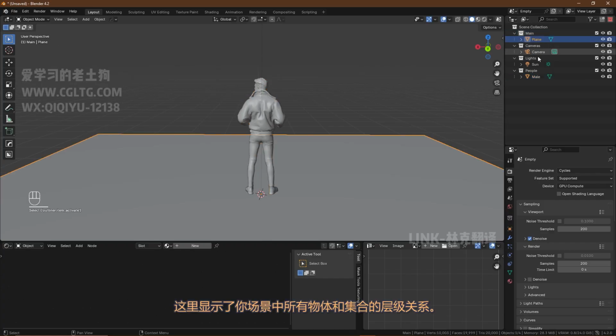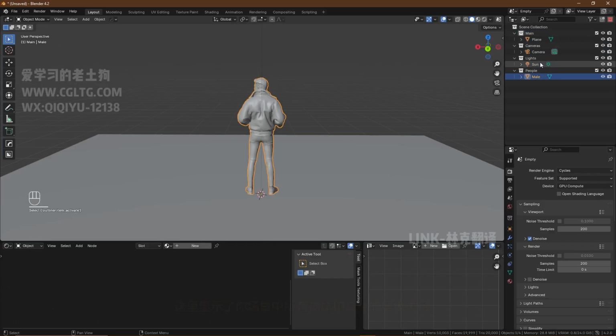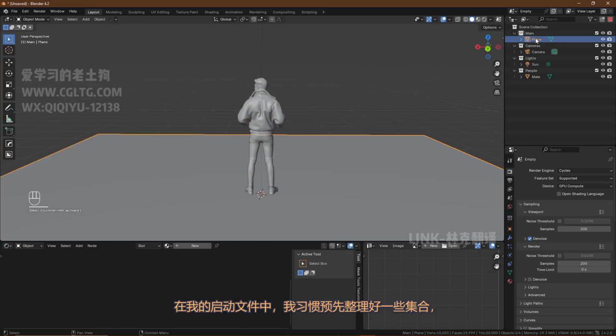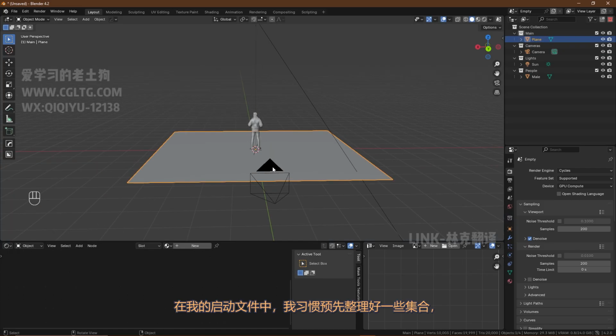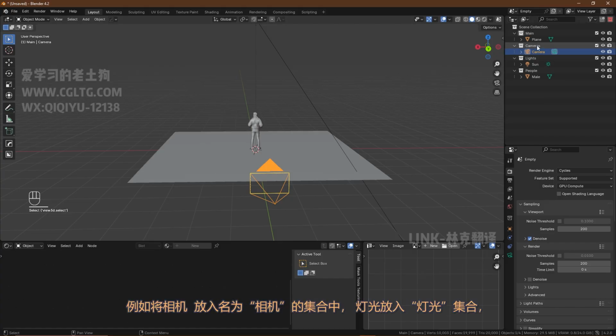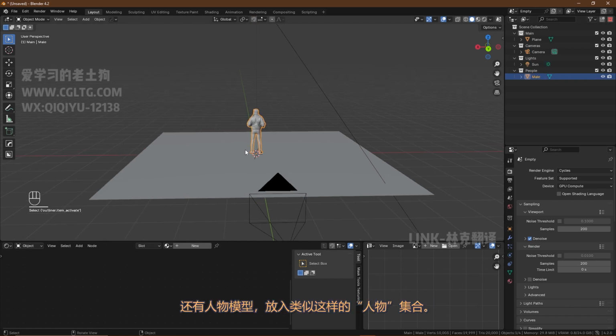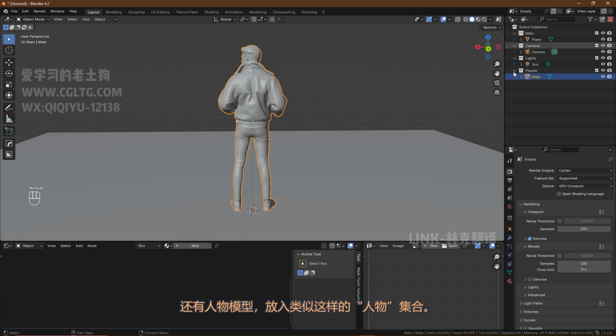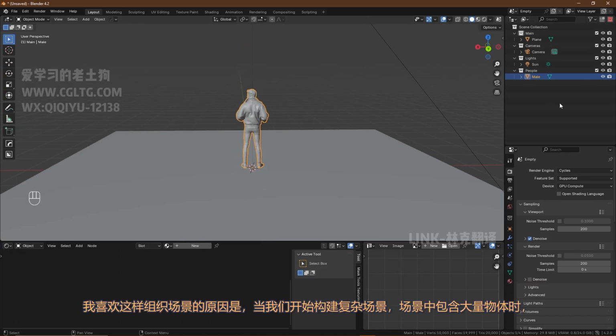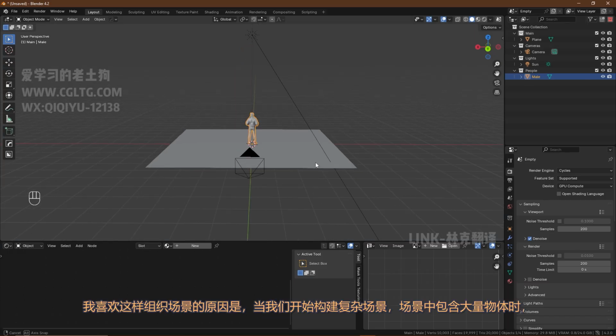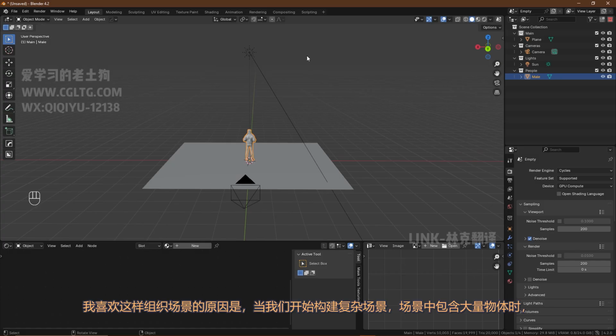So this is where you have all your objects and your collections. And for my startup file, I have a few things organized, like my camera in my cameras collection, my lights in my lights, and the human here in a people collection. The reason I like to organize this is because as we start to build a scene and we have a lot of objects in our scene,